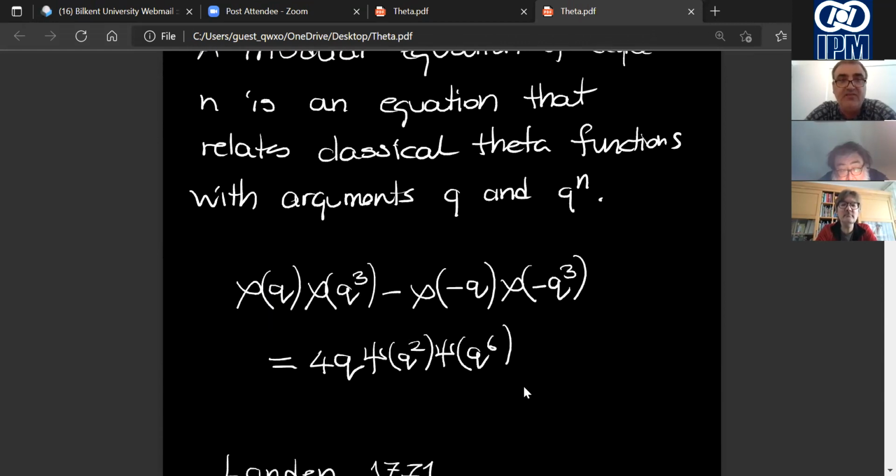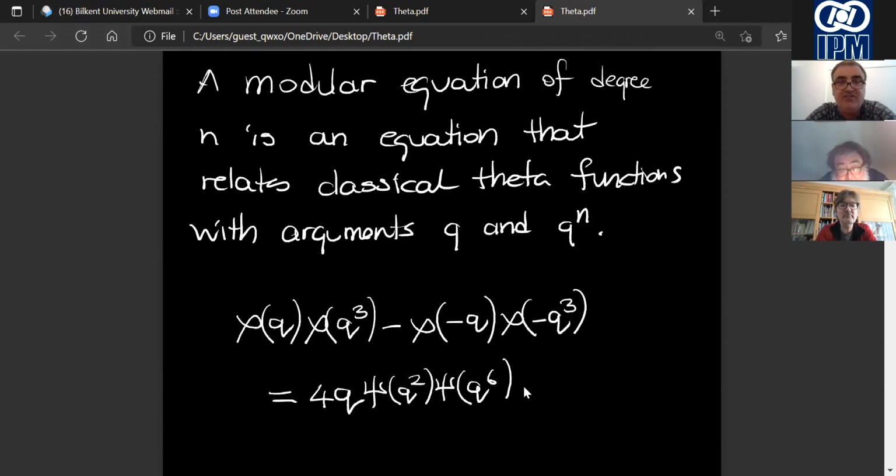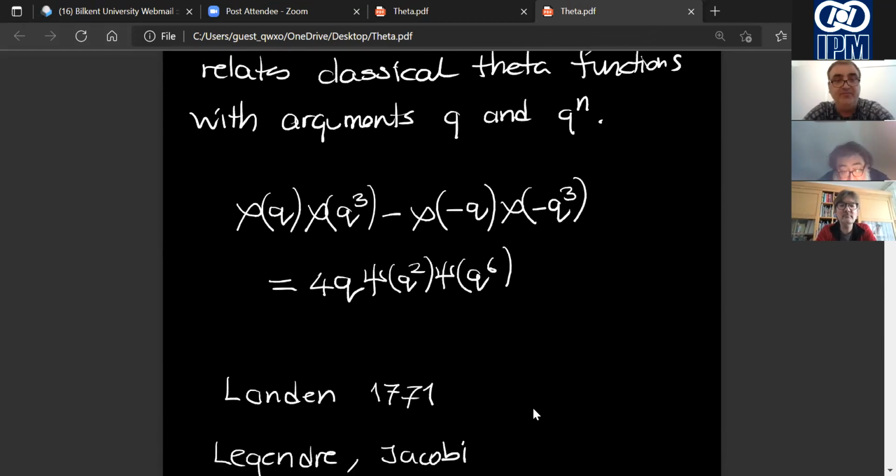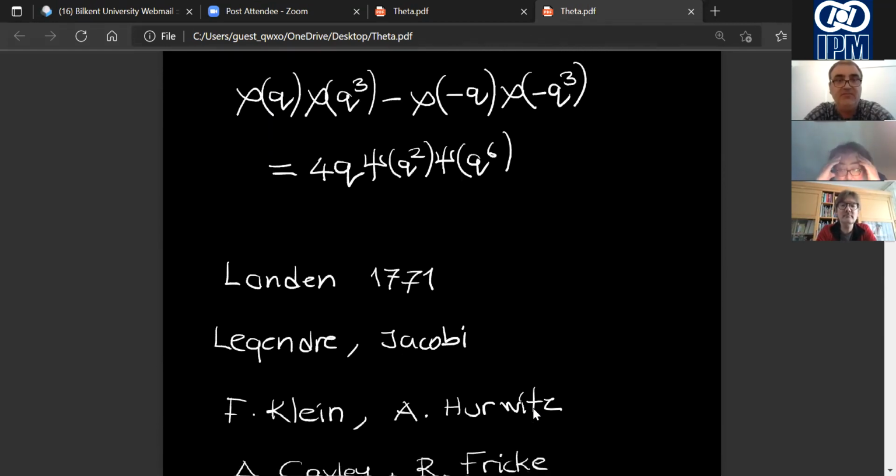So basically, we have the classical theta functions with argument q or minus q or powers of q, and they are related by theta functions with argument q to the n or minus q to the n or q to the 2n. So the theory started with